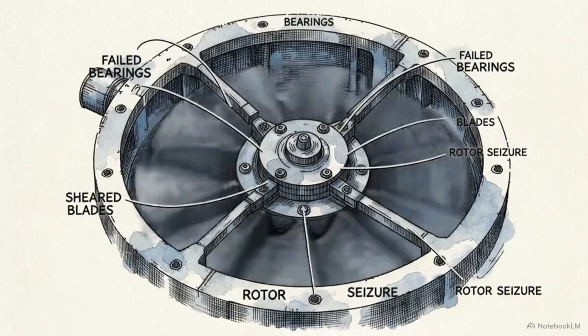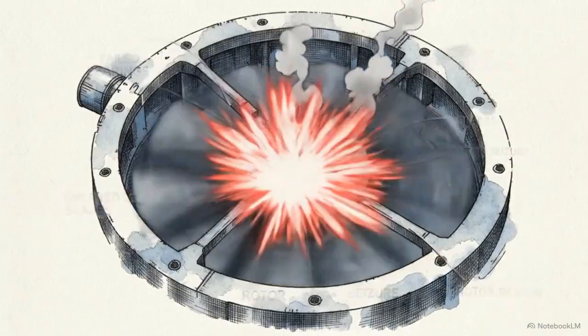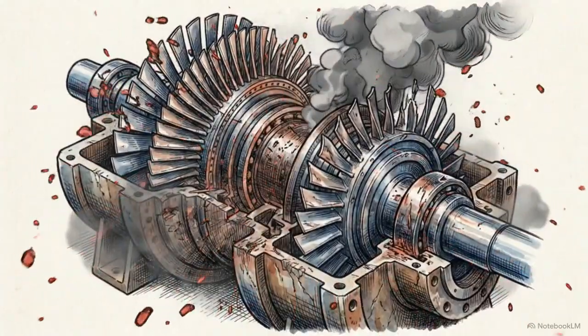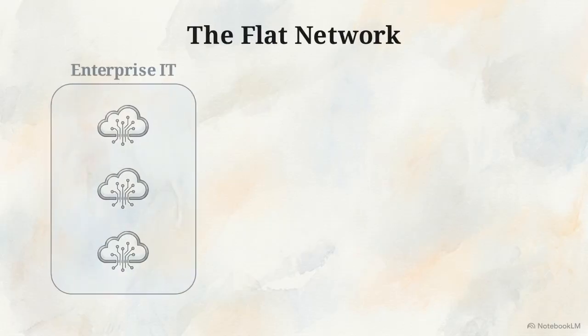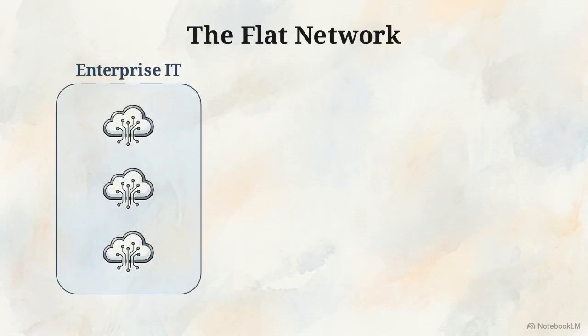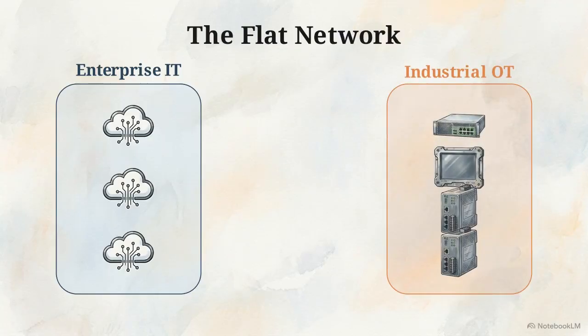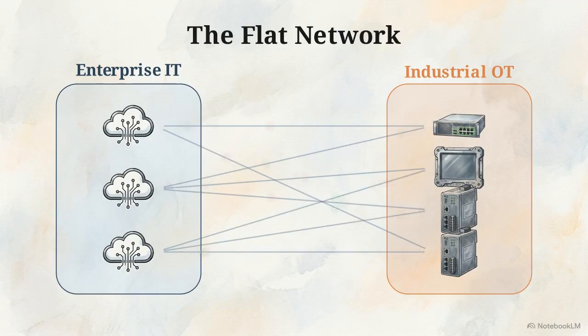Operational technology runs the physical world. When an industrial control system is compromised, the result is immediate, violent hardware failure. This network diagram illustrates a fatal architectural flaw, the flat network. Here, enterprise IT systems like laptops and cloud servers are connected directly to industrial machinery, the SCADA servers, human-machine interfaces,